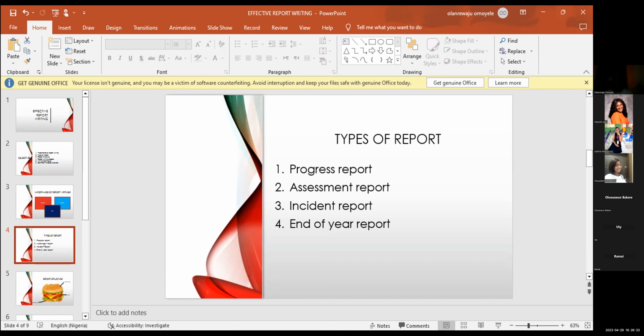So let's say a child fell down on the playground and got injured, or had one injury or the other. You are sending an incident report. You are saying, oh, your child in school fell down. These are things we put in place. We've given them probably first aid treatment and all those things.